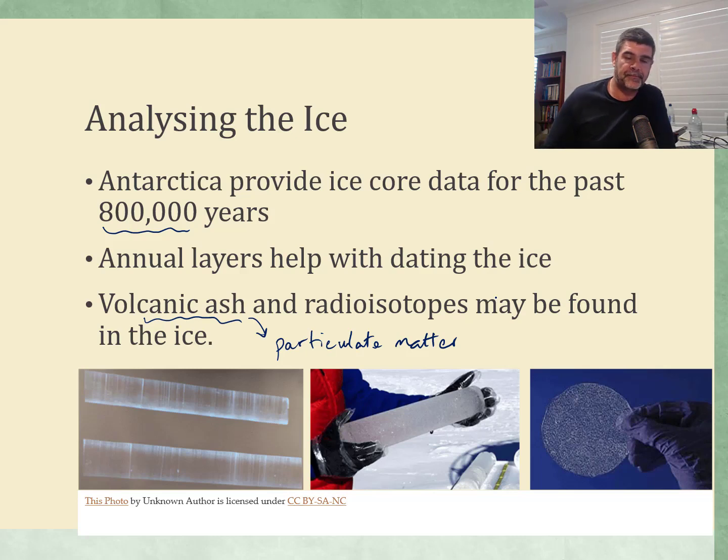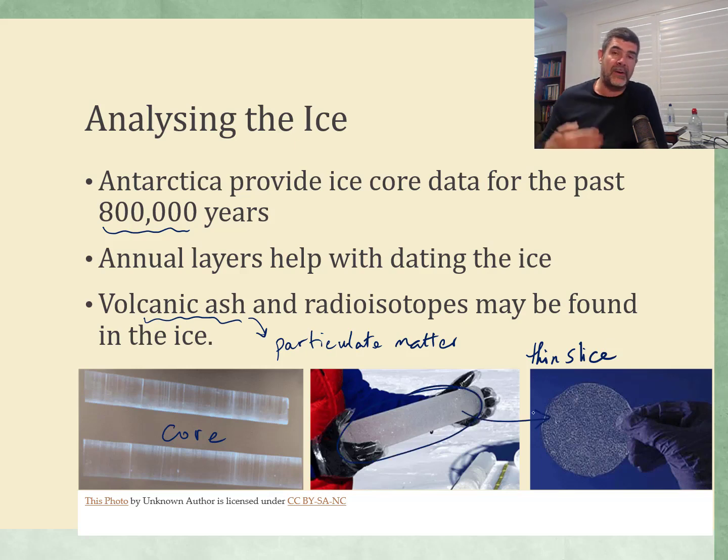sample of ice. Now, in order to do this, we need to take thin slices. So this is where we go from a core that's been pulled out with a machine that you saw in one of the previous slides. This is what the core actually looks like. And once we take a sample of the core, a thin slice of that core, then we get a particular section that we can analyze. And as I said, we're looking for gas bubbles, and we're also looking for particulate matter that may be able to help us to not only age the sample, but also to determine the concentration of any gases that are